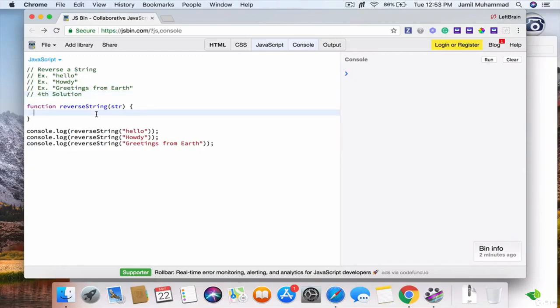Alright, so the fourth solution is going to be a lot simpler than the past three. I want you to write the return keyword, then string, split, open close parentheses, empty single quotes, then dot reverse to invoke the reverse method, open close parentheses, dot join, empty single quotes, then semicolon,